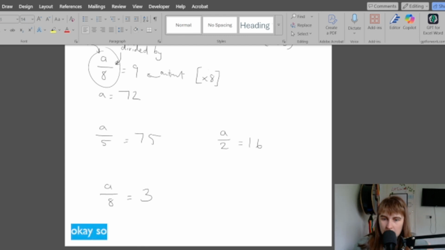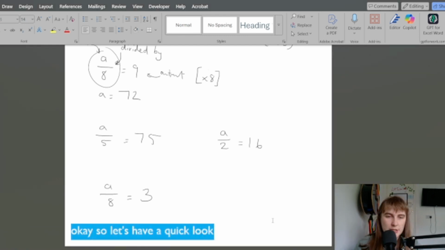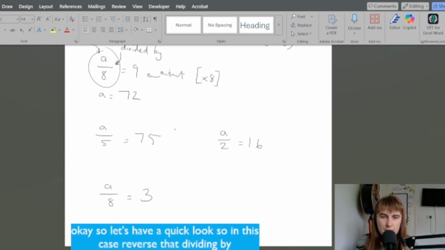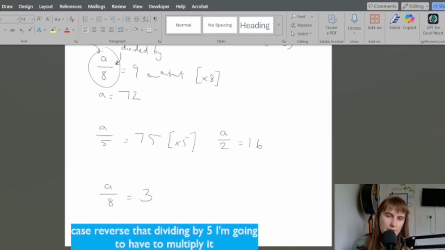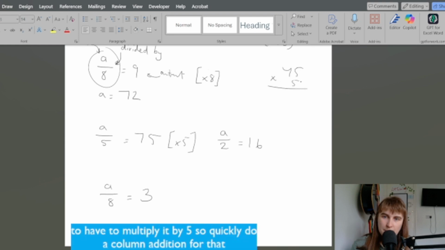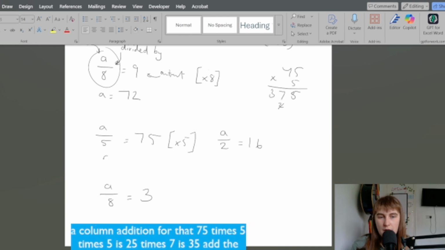Okay, so let's have a quick look. In this case, to reverse that dividing by 5, I'm going to have to multiply by 5. So I'll quickly do a column multiplication for that. 75 times 5. 5 times 5 is 25. 5 times 7 is 35. Add the 2. 375. So a equals